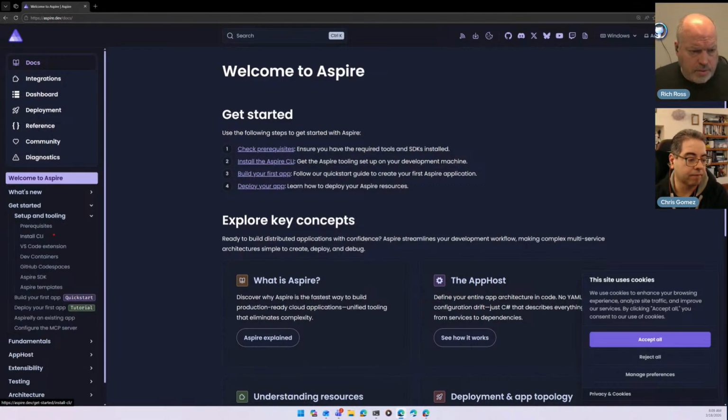So there are prerequisites, there's the installing of the CLI, there's actually a VS Code extension. We might take a look at that too. There's the ability to do it in dev containers or Codespaces. All of those use the dev container spec underneath. There is an Aspire SDK, as well as various Aspire templates, right? So we've got a whole bunch of different things over here that you can start to look at and get